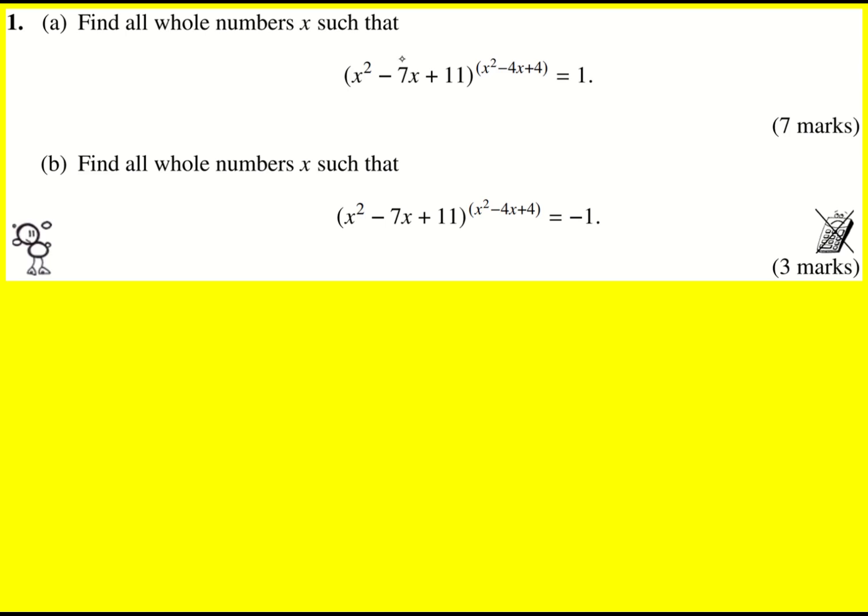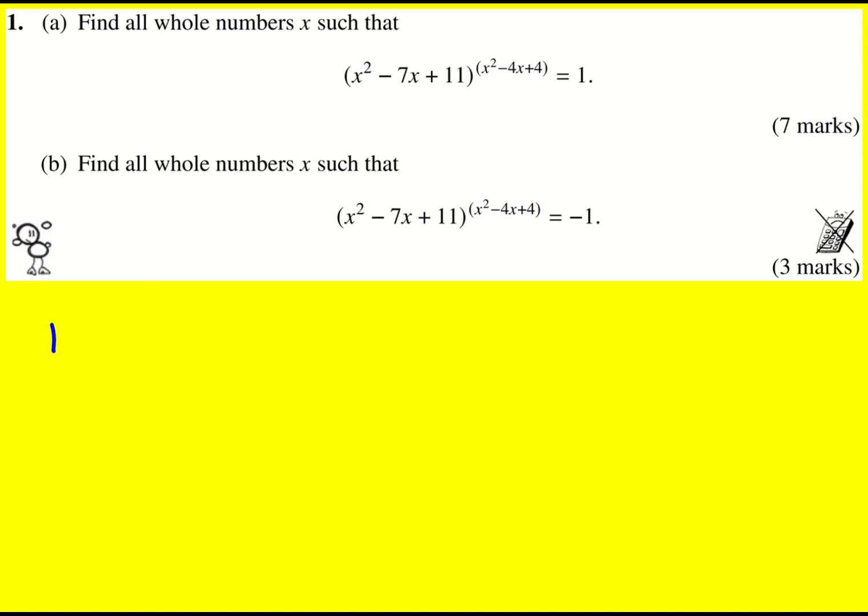We have a quadratic expression raised to the power of another quadratic expression equal to 1. And the question is, how can we get some values of x where that's going to work? Let's think about what we can raise to the power of something else to give 1. Well, 1 to the power of anything,